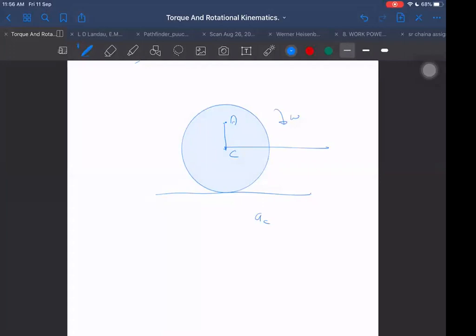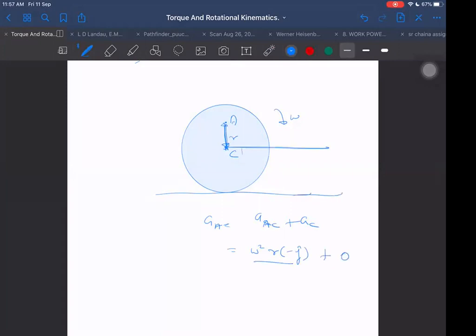If only omega is given, then what will be the acceleration of A? Acceleration of A with respect to C plus acceleration of C. Acceleration of A with respect to C will be just omega square into this distance from here to here. Let us say small r. Omega square into small r. I am just taking it in general; you decide according to the question yourself. Plus acceleration of C is 0 according to me, because it is just moving in translatory motion.